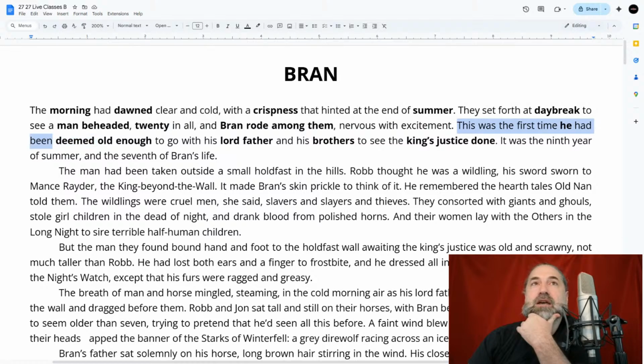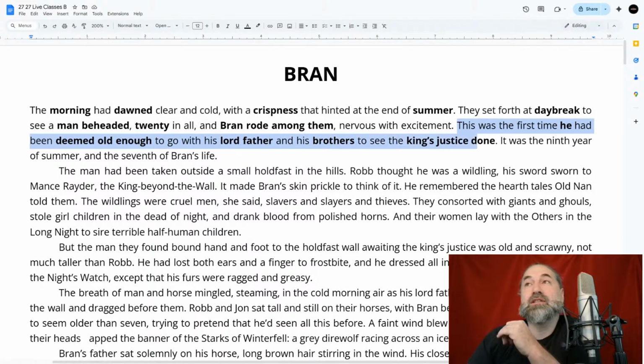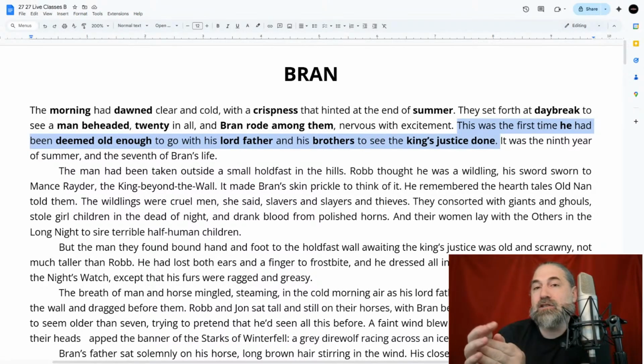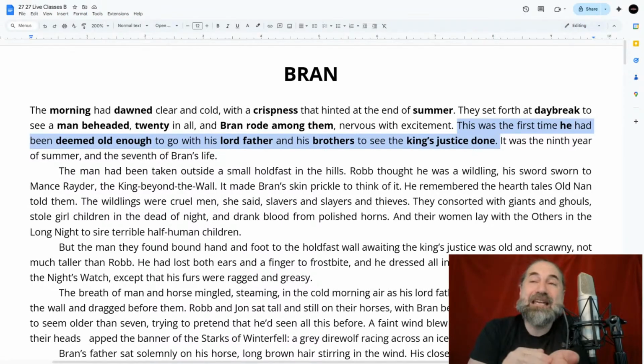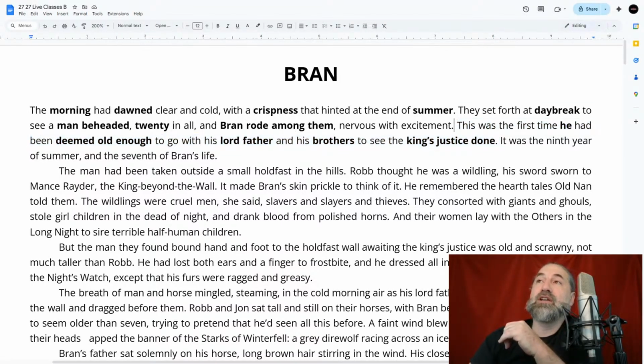This was the first time he had been deemed old enough to go with his Lord Father and his brother to sea. Now, this particular line slows down the pace because we are doing what? We are exploring and going deeper into the previous information. This is where